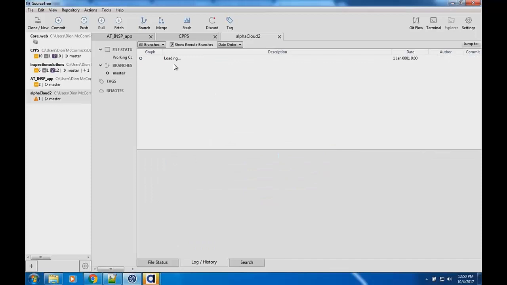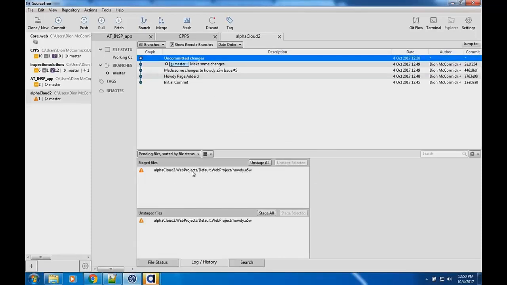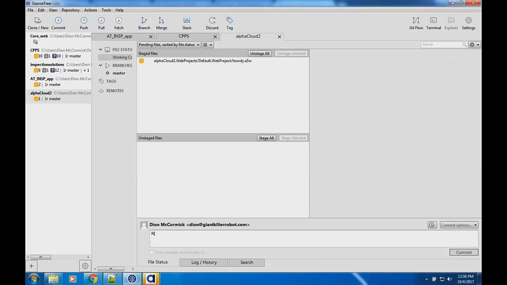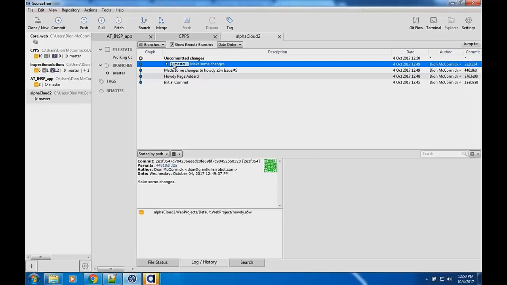So this is basically saying that when I roll it back, it's detecting that there was a difference there. So you'll see that the unstaged files in there, I'll stage all, and I'm going to go ahead and we're good to go. I'm going to go ahead and commit those. I'll say rolling back my changes. Okay, and notice it gave me an opportunity to check that, so I'll commit that. Okay, so let's look at this. There, now my changes are back, and it's telling me what is rolled back.